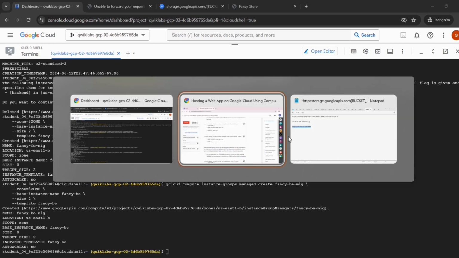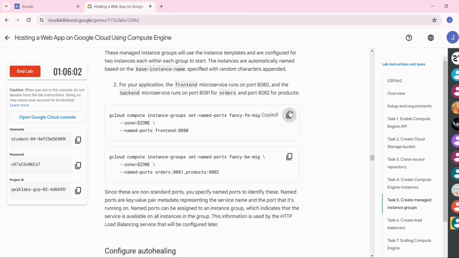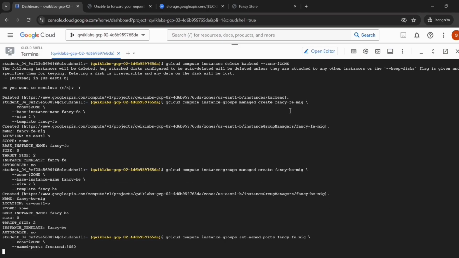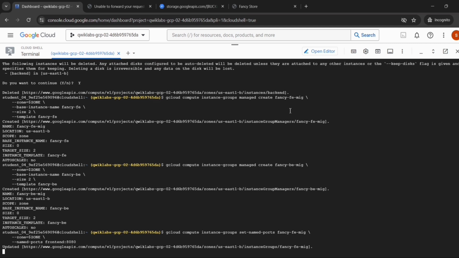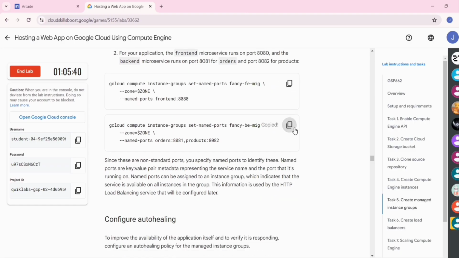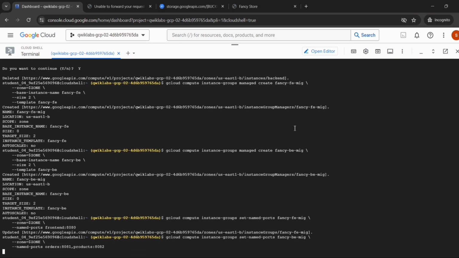Now go back to the lab instruction, scroll it down, copy the second command, go to the Cloud Shell, paste it, then press enter. Now go back to the lab instruction, copy the command, go to the Cloud Shell, paste the command, then press enter.